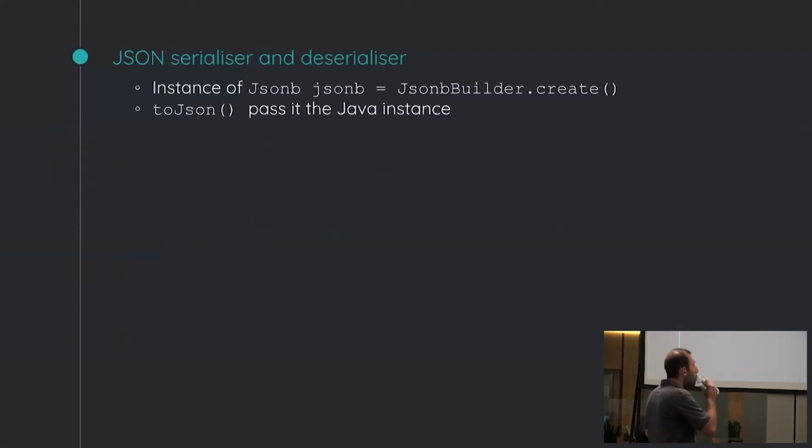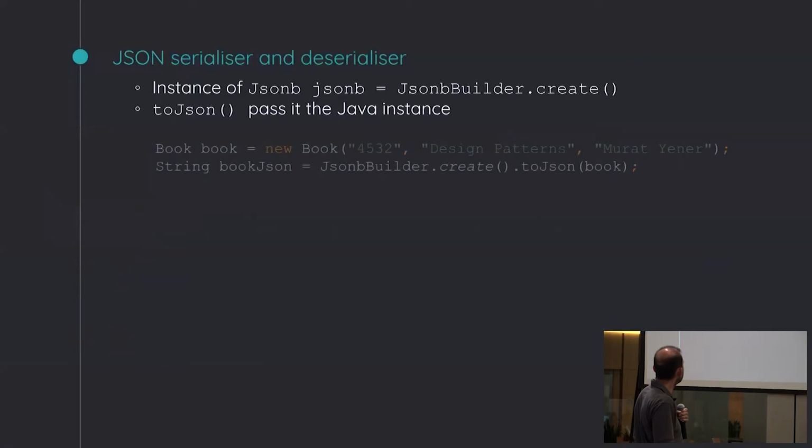Let's jump in with a simple example that does the round-trip conversion of an instance of a Book class. To start a serialization or deserialization, you need to have an instance of JSONB. So we get the JSONB instance first. You create this by calling the static factory method create on the JSONB builder interface. With this instance, you can perform all the serialization and deserialization operations you require by selecting the appropriate overloaded toJson or fromJson method. In this case, I'm calling the toJson method, which is the simplest